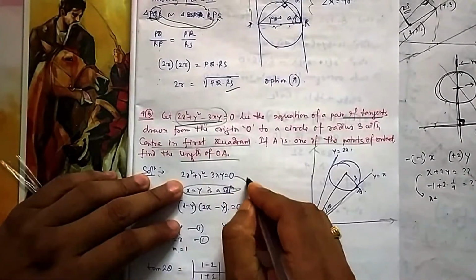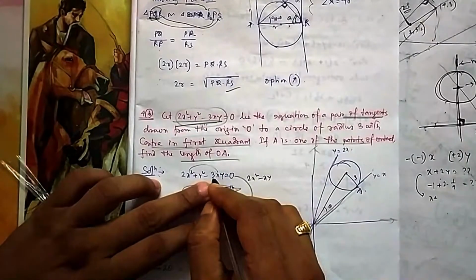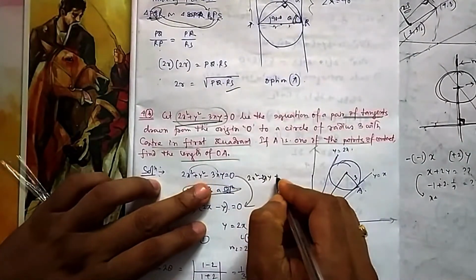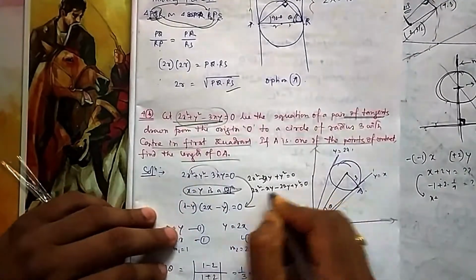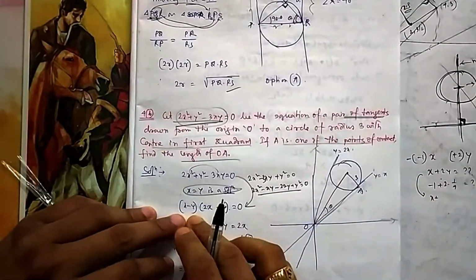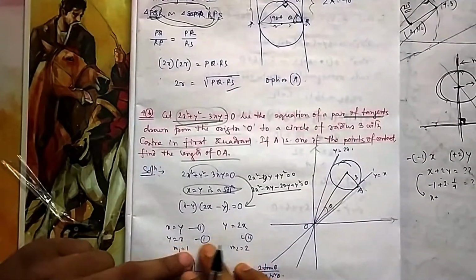Or you can factorize 2x square minus xy, because 3xy you take it like quadrant, 2 plus 1. 2x square minus 3y square, you write it in this way. Then you can add it, 2 plus 1 equal to 3. Then you factorize, you take x common, you will find x minus y. So one equation is x equal to y, that is y equal to x. One equation is y equal to 2x.